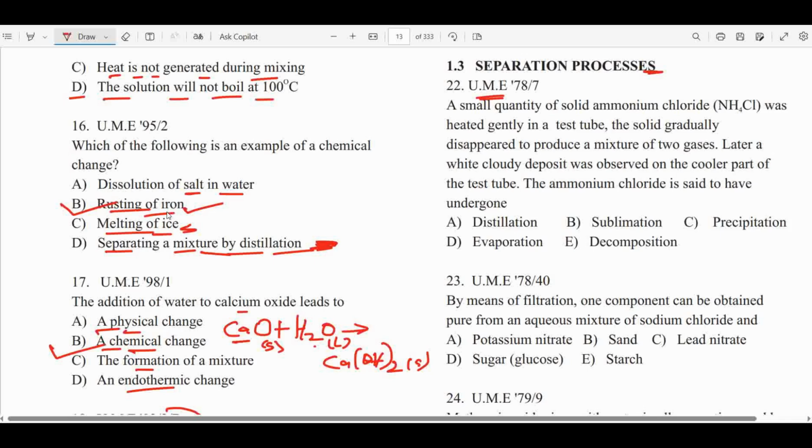Question 22. It says a small quantity of solid ammonium chloride was heated gently in a test tube. The solid gradually disappeared to produce a mixture of two gases. Later, a white cloudy deposit was observed on the cooler part of the test tube. The ammonium chloride is said to have undergone a process called A. Distillation, B. Sublimation, C. Precipitation, D. Evaporation, E. Decomposition. Now, the right answer to this question, of course, would be sublimation,